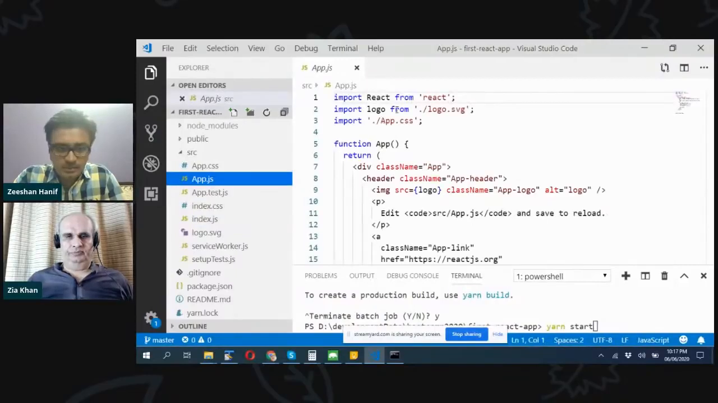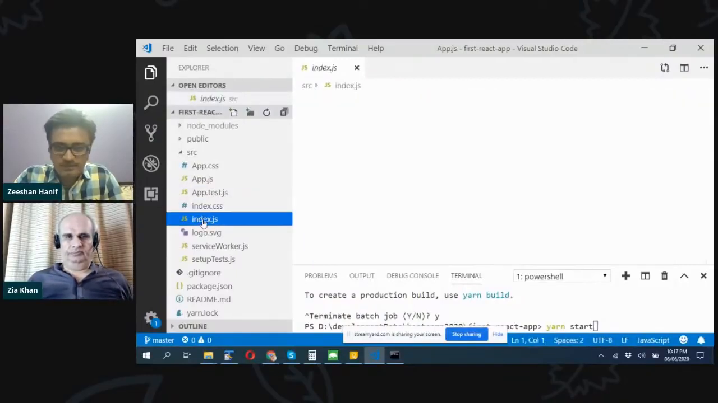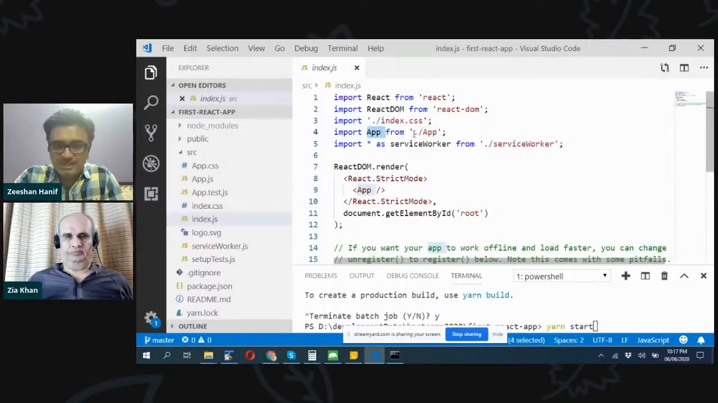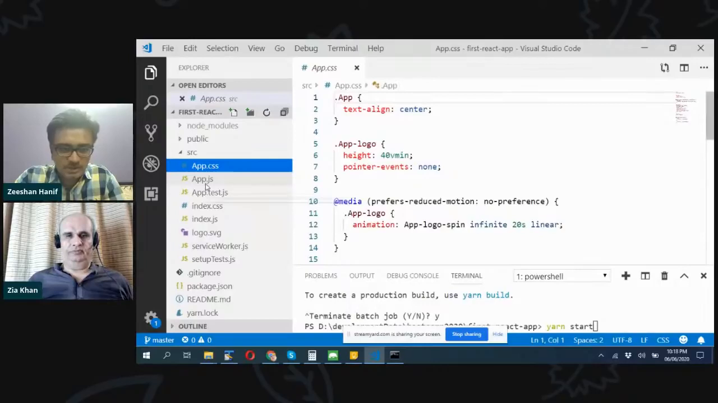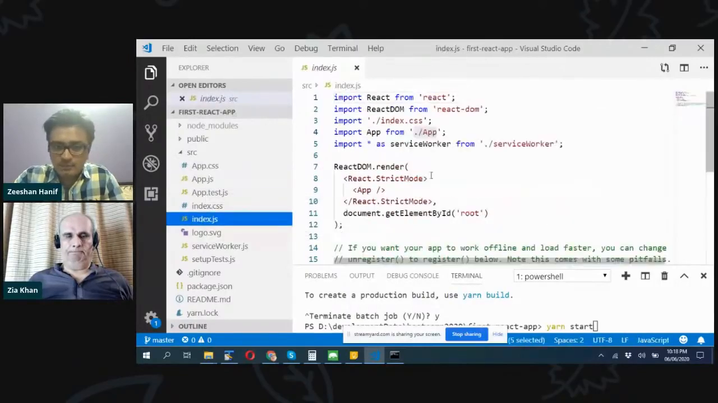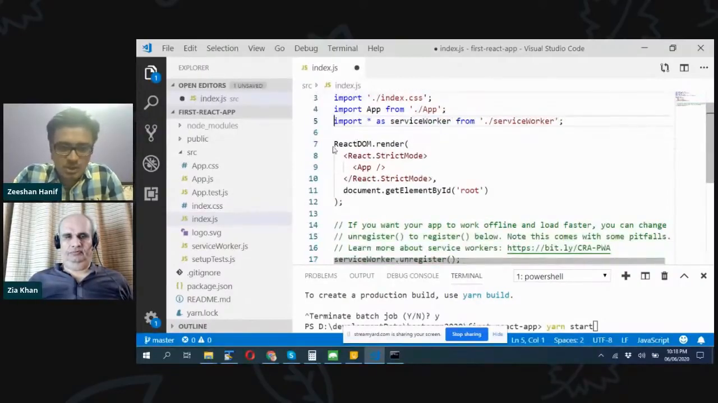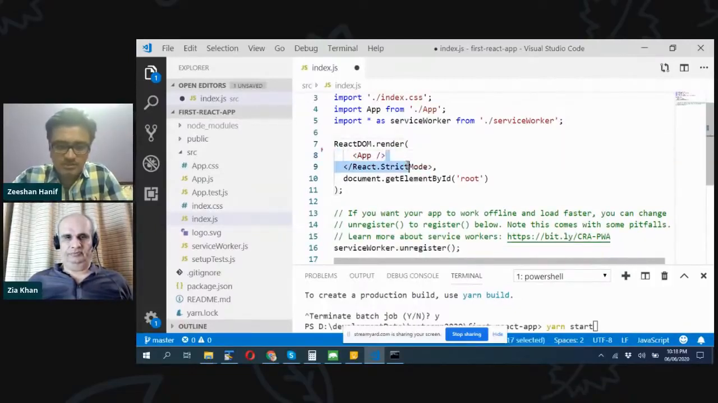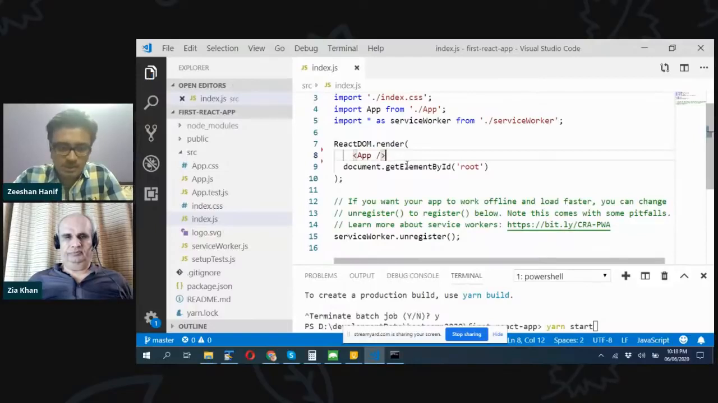Then we have the app file. This is app.js. We'll discuss it again later. And service worker, for now we don't need it, so we can simply ignore it, but let it be here. Next thing is ReactDOM.render. React strict mode, ignore the strict mode also for now. Initially what we need is a very simple structure. We can even ignore this, and what we can do is,